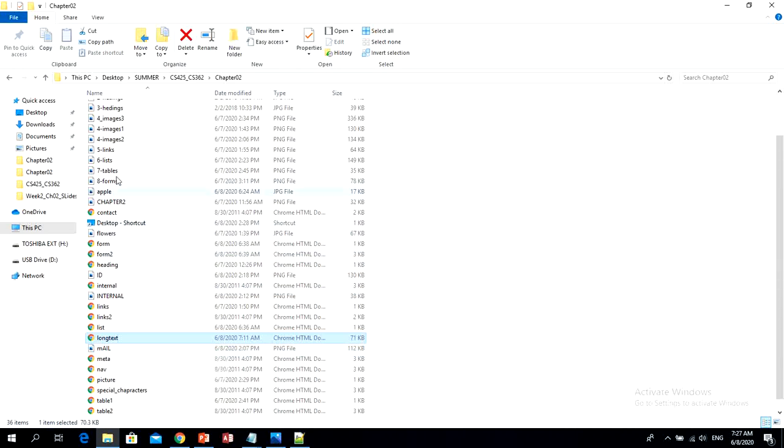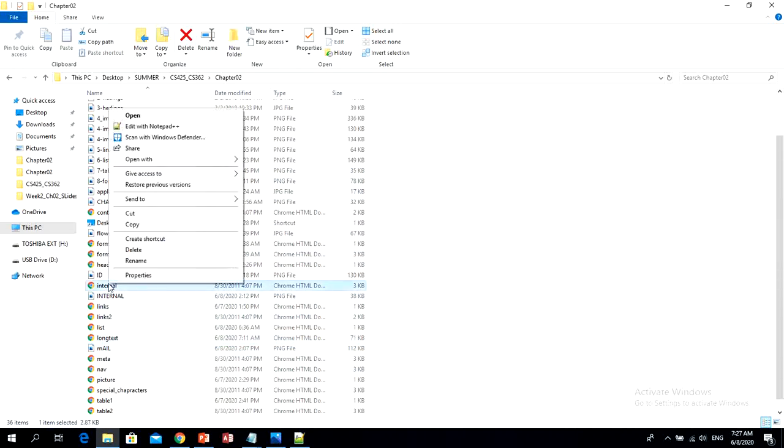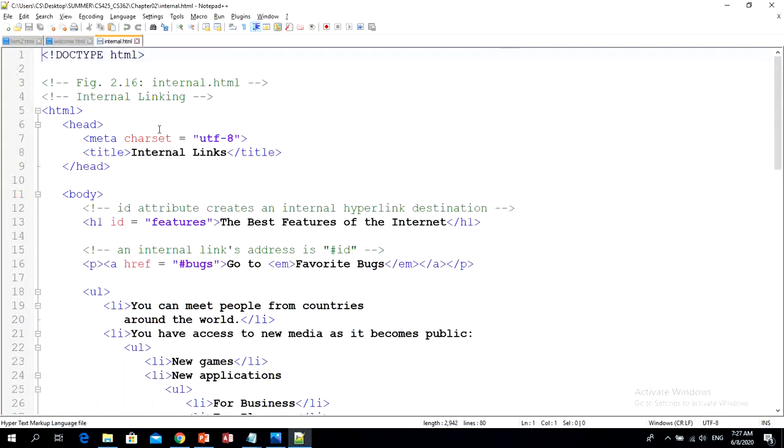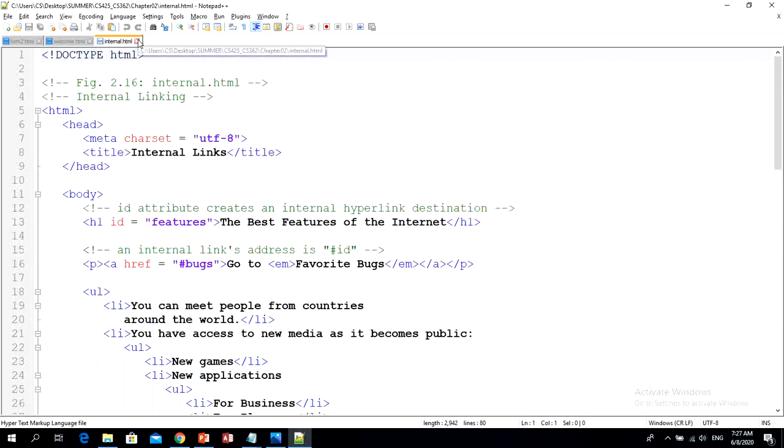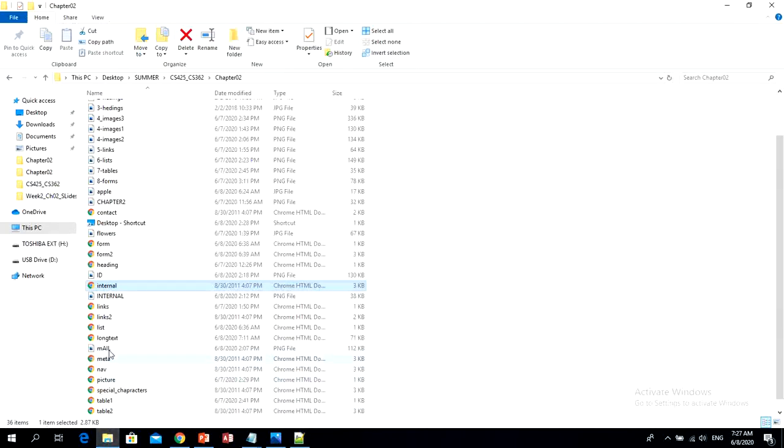So here I can right-click on any one of these files and then choose Edit with Notepad++. I can right-click on the file and open it with Notepad++, like this. So I can open it and edit it, or you can select from